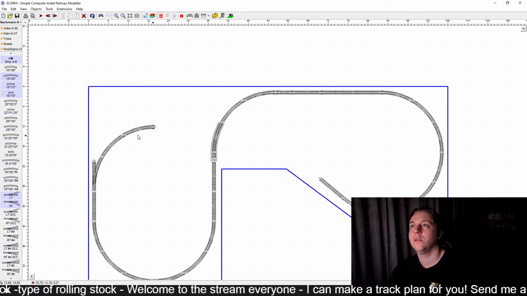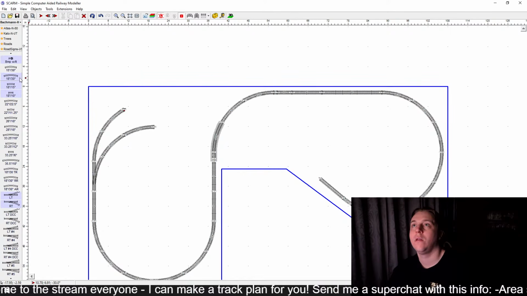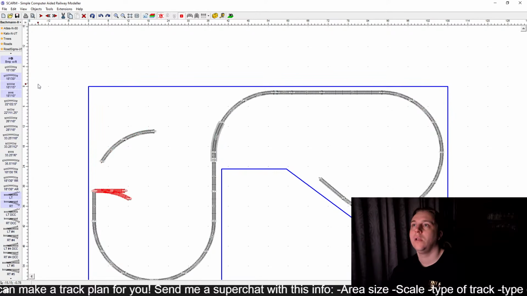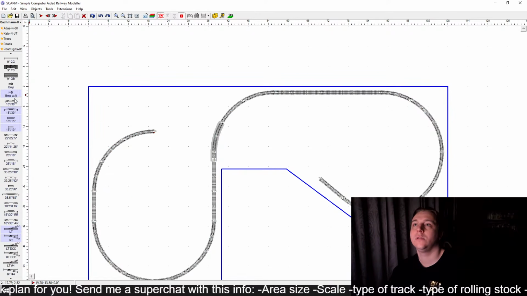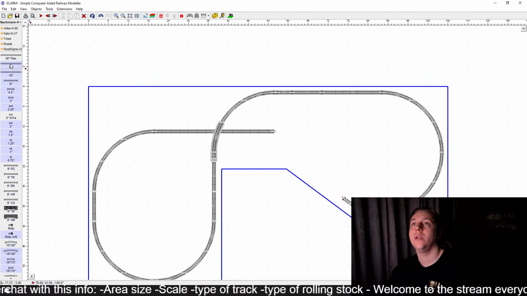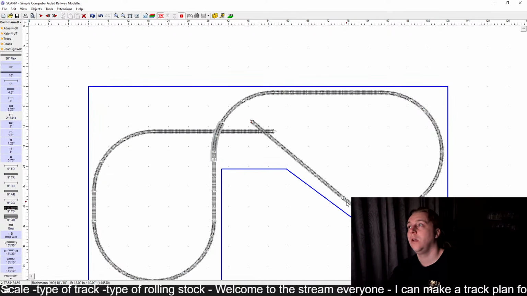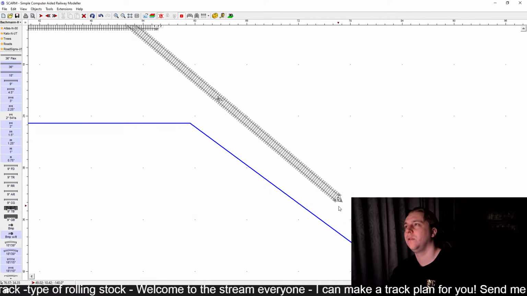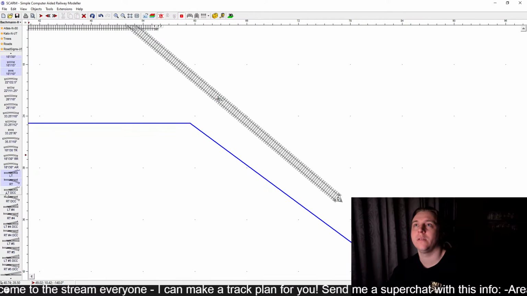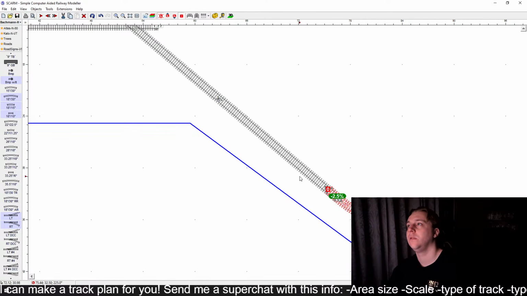Okay. Actually, let's do this. I want to check something. This isn't... no, this is bad. Alright, so let's remove that. Let's put some straights. I'm gonna put way too long, as I usually do. And then again, way too long. And we're gonna align a curve there. I'm gonna go 15 degrees instead of 10. I think they work better. It's easier to understand the math. 15 and then 0. So